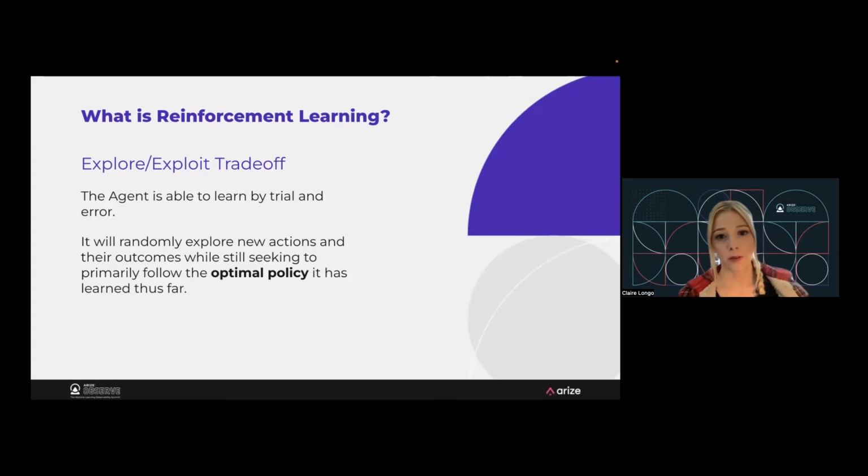For example, the housing market might change after we've deployed a machine learning algorithm. And through this kind of explore, exploit trade-off, we'd be able to identify that and adapt the algorithm more automatically. Whereas with traditional machine learning, if your environment changes from underneath you, you might see that effect in your model. You'll see model drift, and you might have to go back to the drawing board, seek more data, try a different modeling approach, see what kind of model you can train that will work better in this new environment. Whereas with reinforcement learning, it will try to automatically detect and update the policy based on changes.